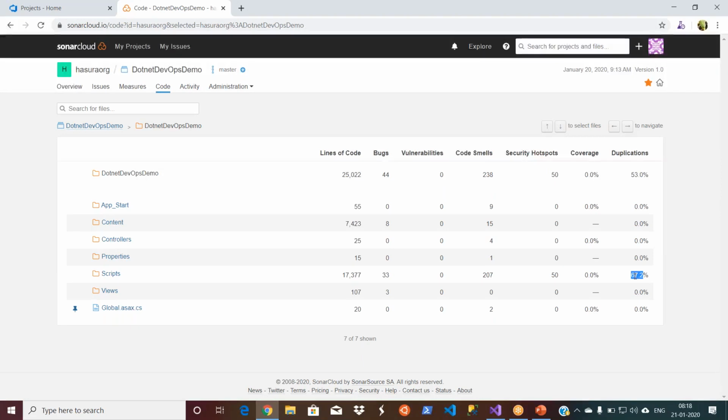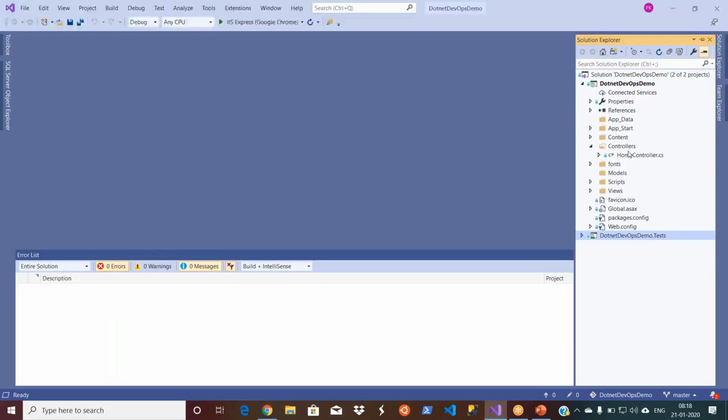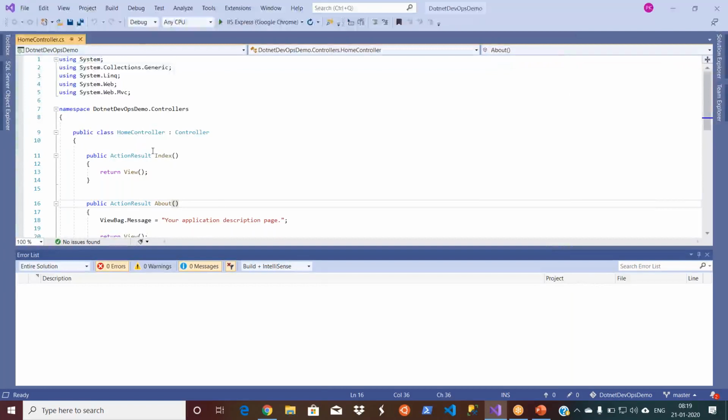I mean, what is the scope of your analysis, what folders are to be analyzed and what folders are not to be analyzed. From the administration perspective, you can do it at the file level or the folder level. If you want to do it at the function level or method level, then there's a code action. But most of the time it's not a particular method or function, it's the entire folder or file. When I say method, you go to any code file, .cs, and these are the methods basically.